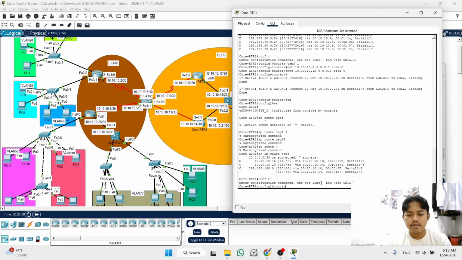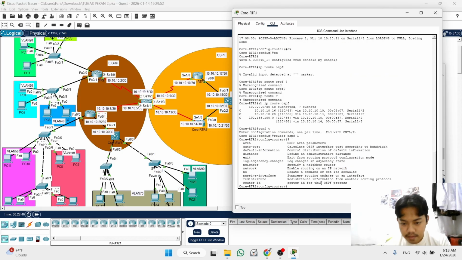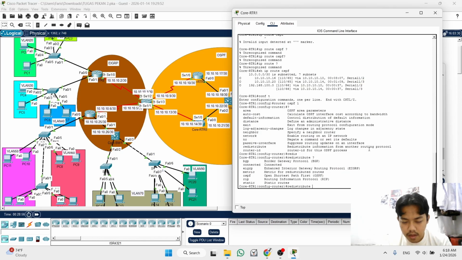Okay, router OSPF 1. Now we start the redistribution from this. You write redistribute, and then what protocol you want to configure.